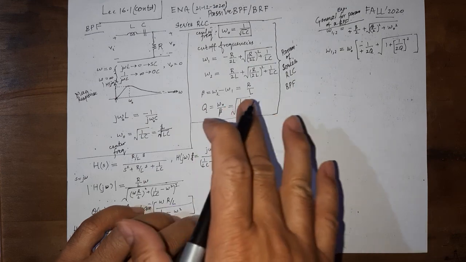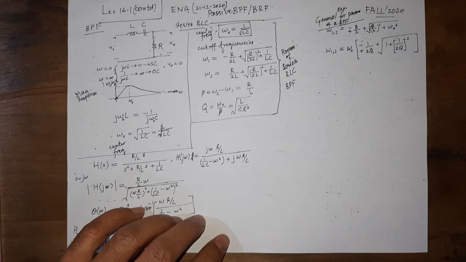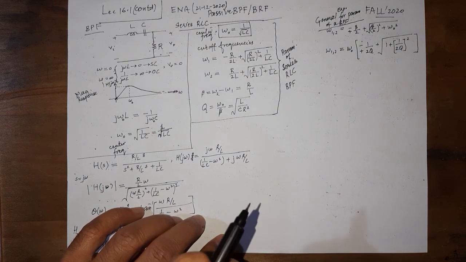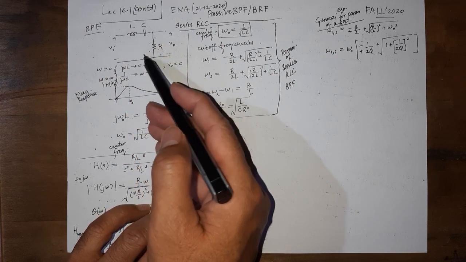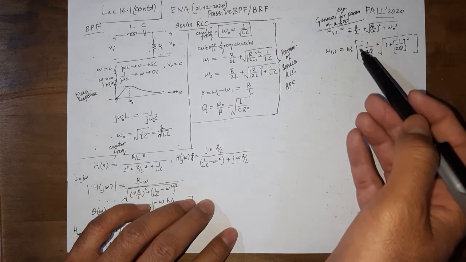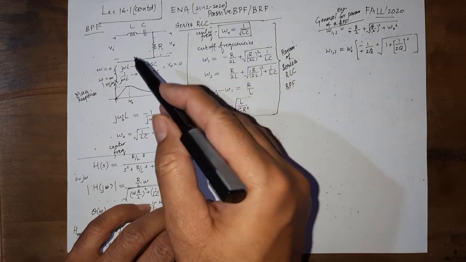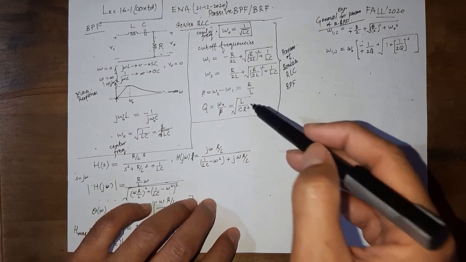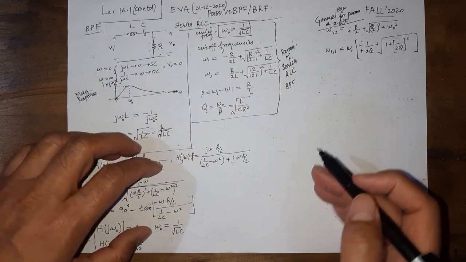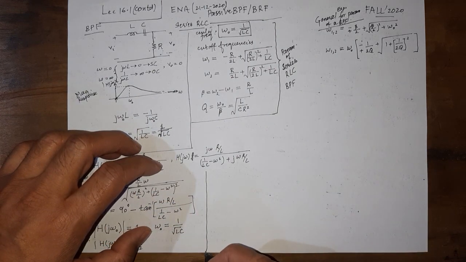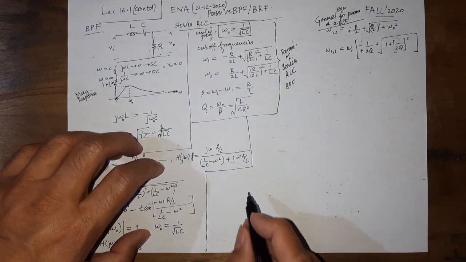But I don't want you to cram them, because there will be several, as there are other circuits that we are going to study. So this is a band pass filter. These are the generalized expressions, and these are specific expressions for this circuit. If the circuit changes, these expressions may be changed. For example, I would implore you to look at another circuit and try to find out all these expressions for this circuit now.